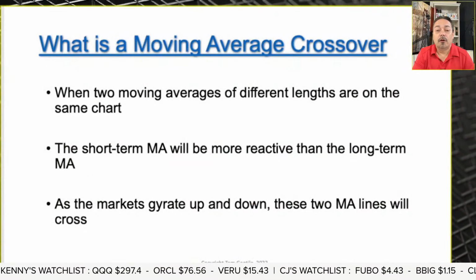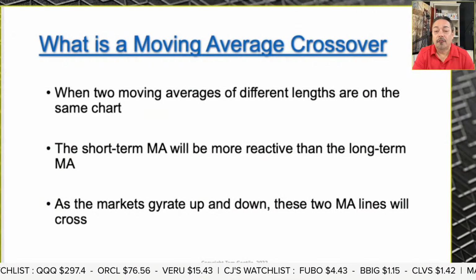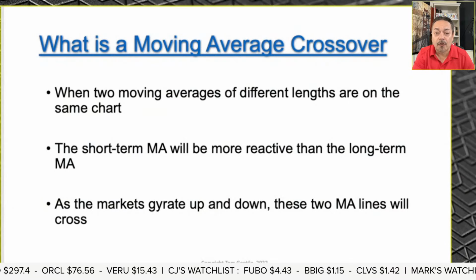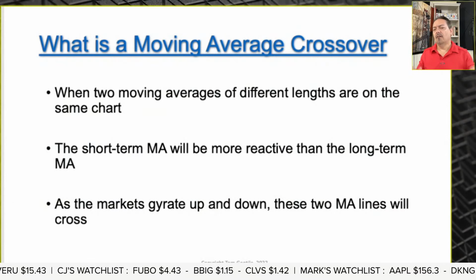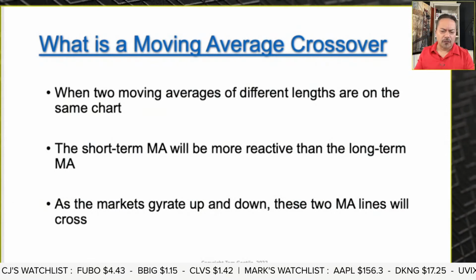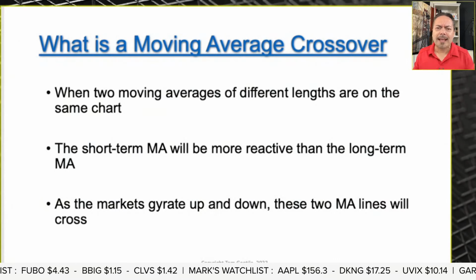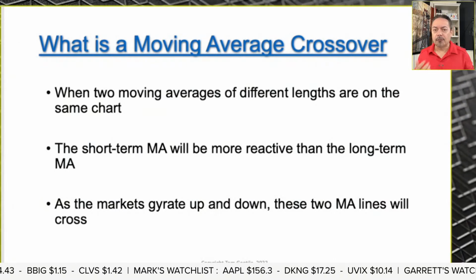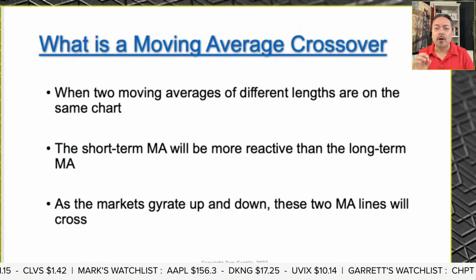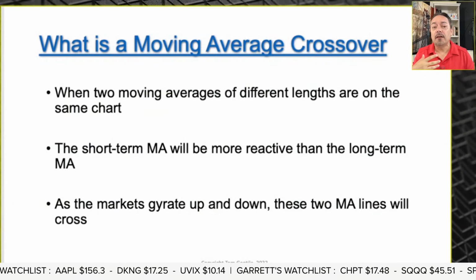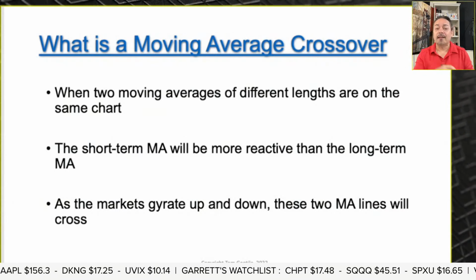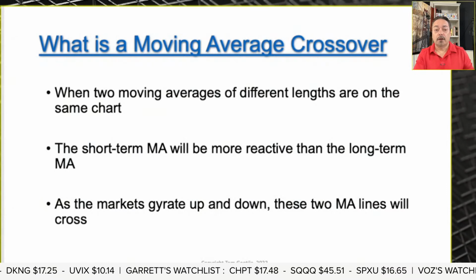So let's start with the very first two lines of code that we offer up at Quantum Data Profits. And that is very simple moving average crossovers. Something that very few other people talk about. And the reason they don't talk about it is, oh, that's kindergarten stuff. Oh, that's elementary stuff. Listen, if you can't understand it, why trade it? That's what I say. If you can't understand what it is you're trading, why trade it? Find something that works for you, something that you can understand. Now, this, I think everybody can understand, all right?